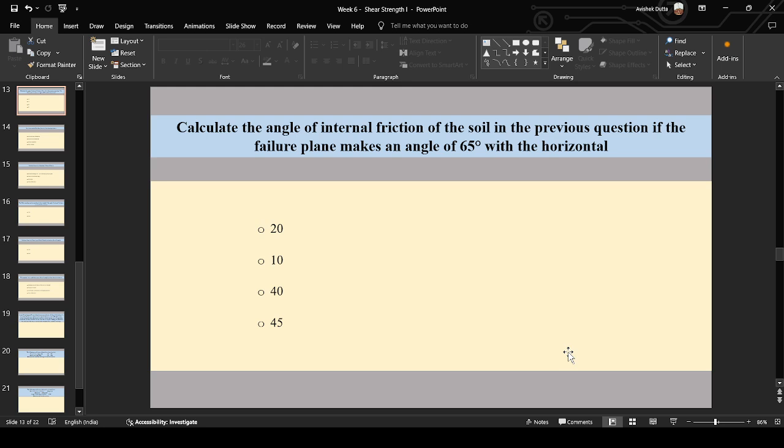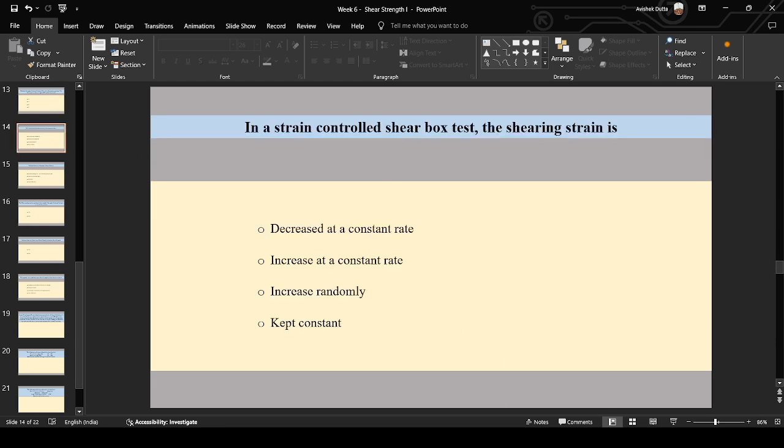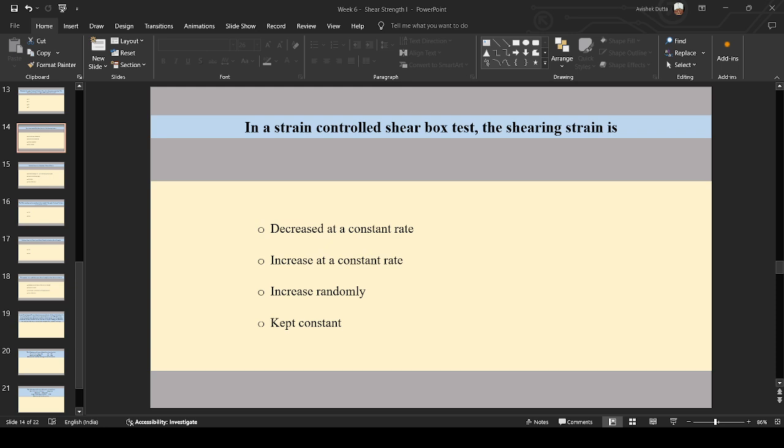The options are 20, 10, 40 or 45. Okay. Next question. In a strain controlled shear box test, the shearing strain is